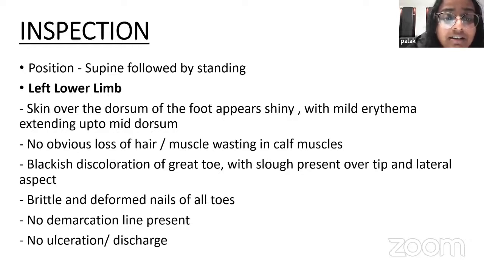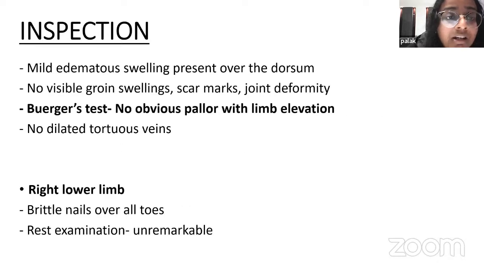There was blackish discoloration of the great toe with slough present over the tip and the lateral aspect. There were brittle and deformed nails of all the toes. There was no visible demarcation line and there was no ulceration or discharge. Continuing with inspection, there was mild edema present over the dorsum, no visible groin swellings, other scar marks, or visible joint deformities. On performing Burger's test, there was no obvious pallor with limb elevation and no evidence of any dilated